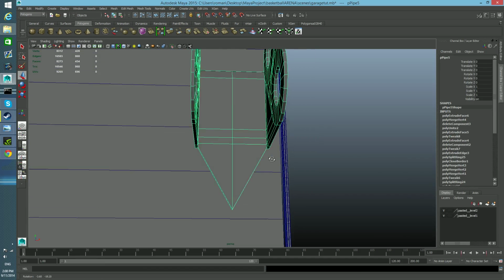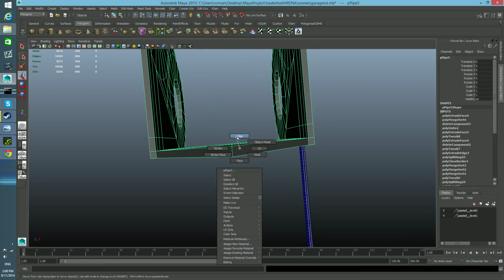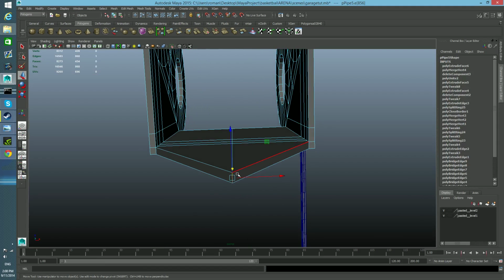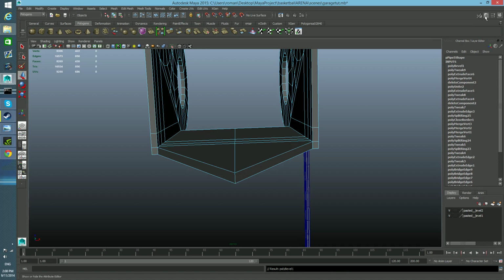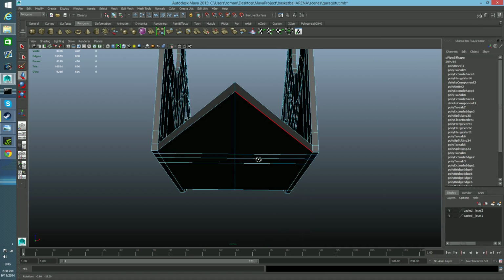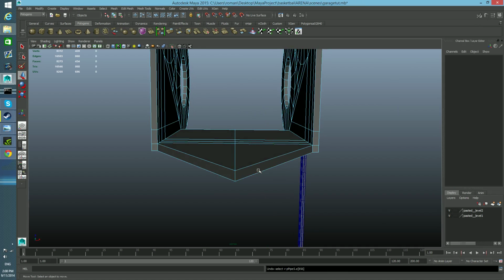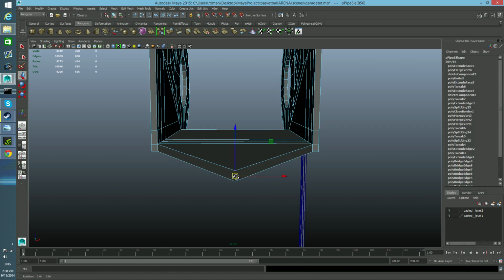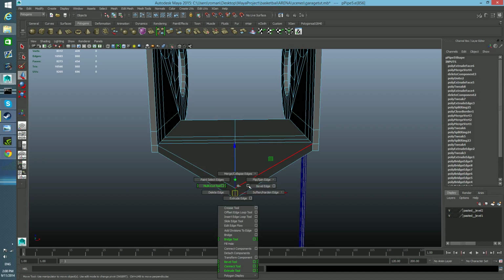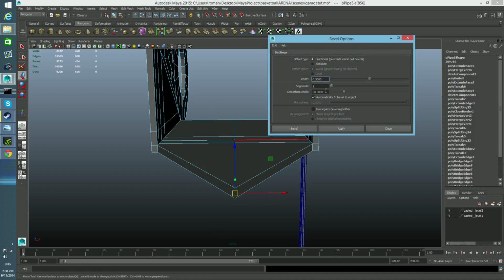If you're into making this the same, I will probably suggest to grab this edge, shift right click, bevel edge, switch to attribute editor. Where is this edge? Well, I did bevel this. Let's do this again. Shift right click, bevel edge,